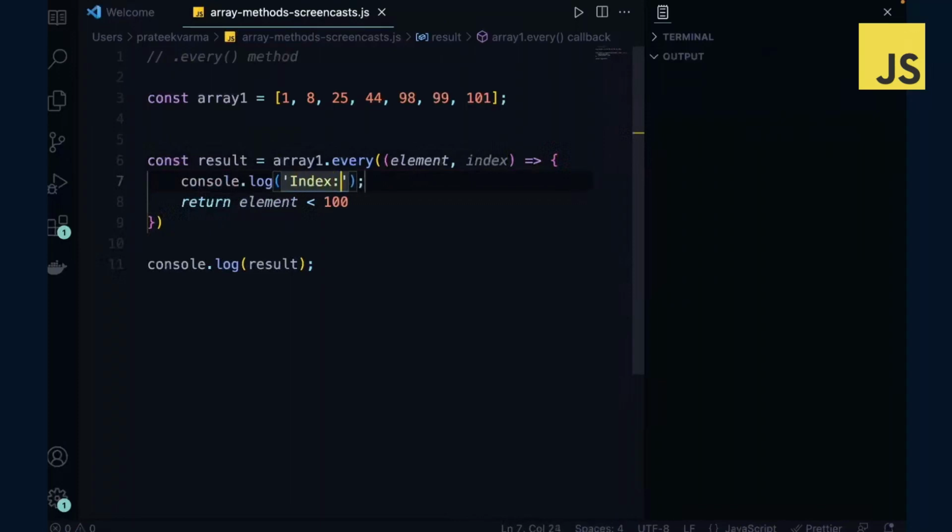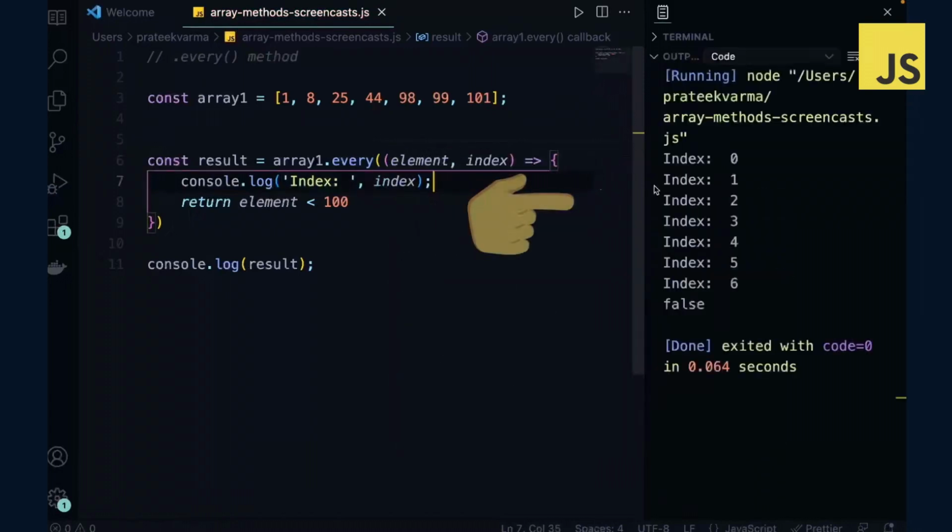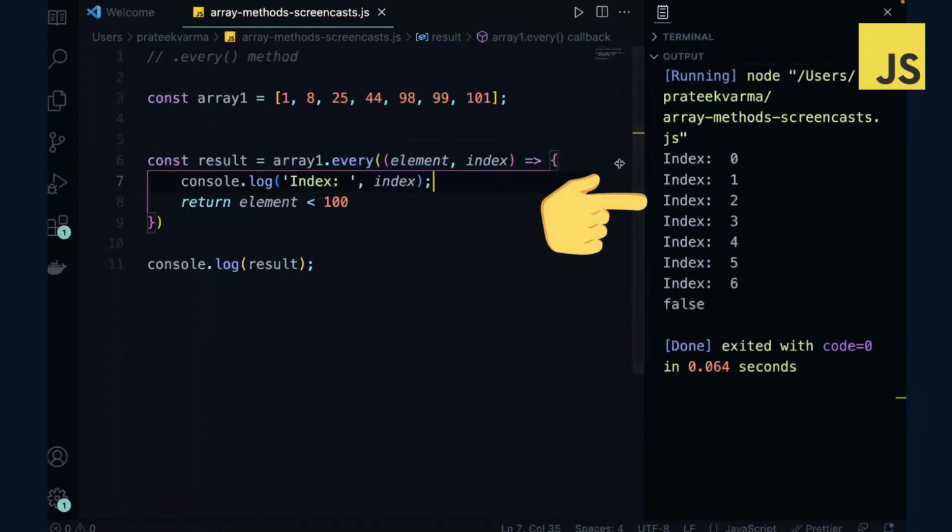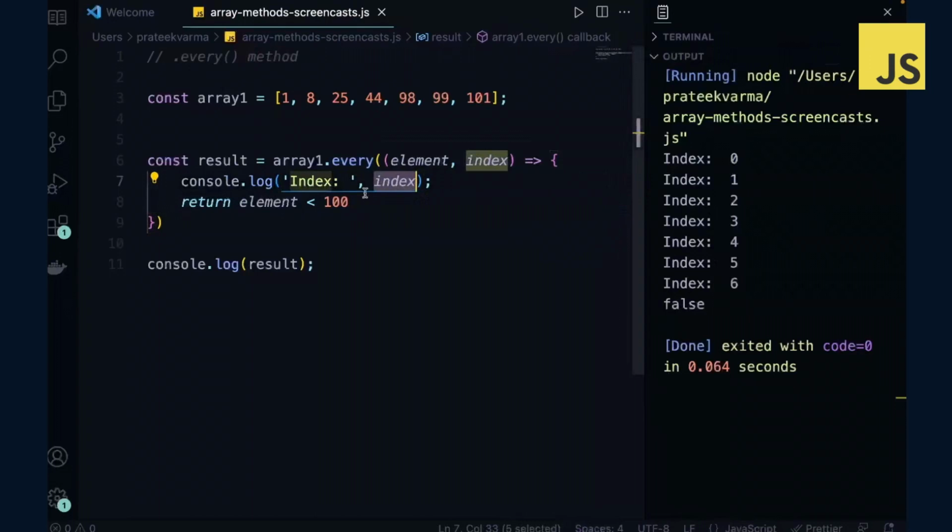If I try and log the index and run the code, here you can see each index is printed as the function iterates over,